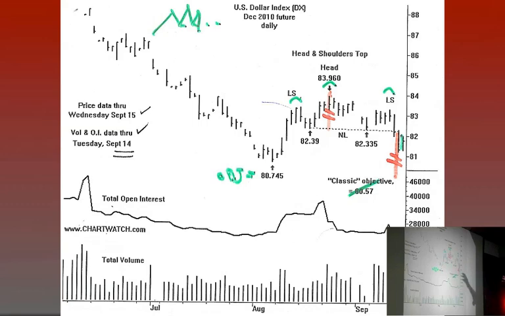Now, it wouldn't surprise me to see this, because this is just a benchmark low. It's not underlying support on the chart. We should not have any preconceived notion that the market's got to stop at 80.75 here. Yeah, it might slow down there, but think about it, if every low on a chart was going to be support, how can you ever get a bear market? So we may come down there and waffle around a little bit, but once we close below 80.74.5, then it's going to be overhead resistance. And I'll come back and reinforce that concept in a little bit.